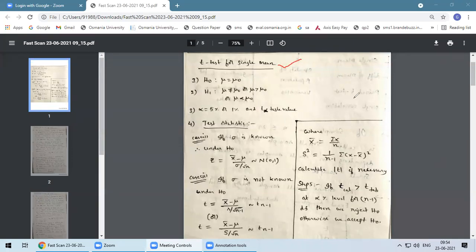When a sample is called a small sample, if the sample size n is less than 30, which means 29, 28, 27 and so on, then it is called a small sample. In the problem, whenever your sample size n is less than 30, then it is called a small sample, and you only have to use a small sample test.